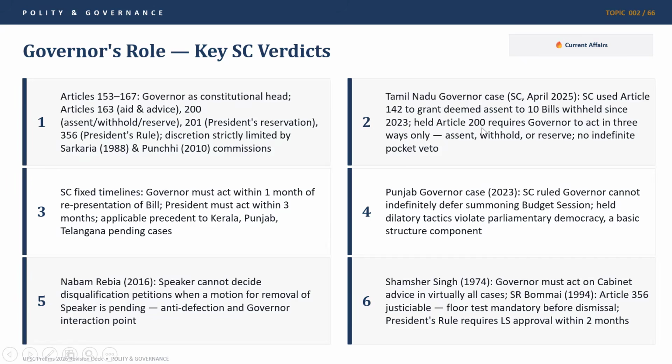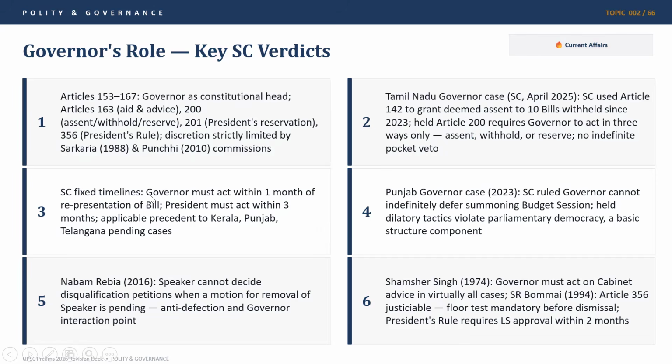Article 200 requires the governor to act in three ways only, which is assent, withhold, or reserve. But there is no indefinite pocket veto. Also, the constitution has not defined the time period through which the governor can withhold that bill. And hence, the Supreme Court has stepped in through the Tamil Nadu governor case, in which the Supreme Court has